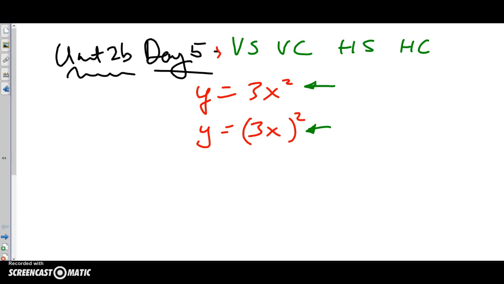Okay, guys, Unit 2B, Day 5. We're looking at vertical stretches, vertical compressions, horizontal stretches, horizontal compressions. Today we're going to look at a graph of something and say, okay, this has been stretched or compressed from the norm. Let's come up with an equation that makes it a vertical something and an equivalent equation that makes it a